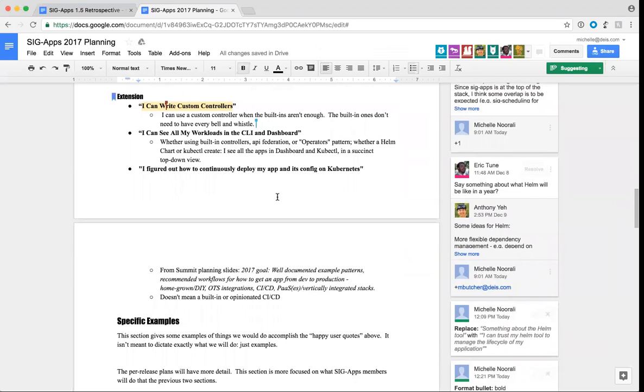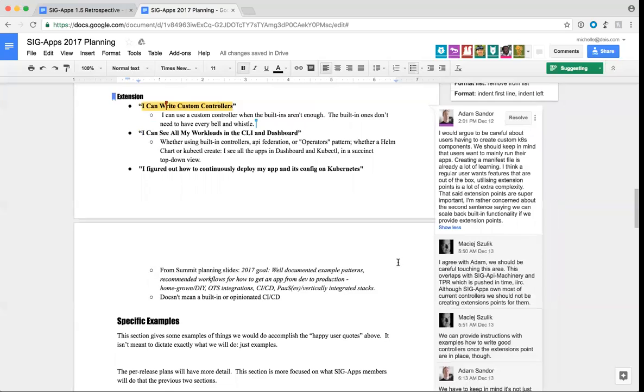Eric, I'll hand it back to you. So there's some comments about this, that it's hard enough for users to write config that they should not have to write code instead of config. That's going to be even harder. Definitely accept that as a valid concern. I guess this was,